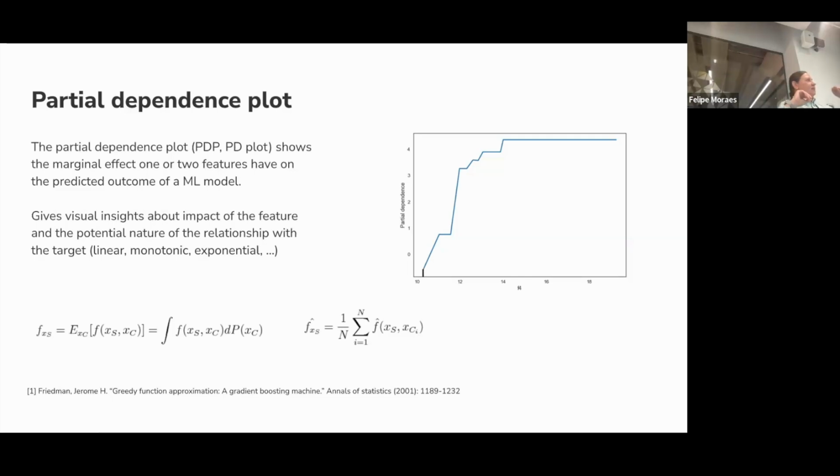Technically speaking, for every value in the feature you are interested in, you can get a mean response of your model. For example, let's take age and income, where you are predicting income from age, so you would expect to have something like that. And if you have a different form, for example the opposite one, like people in their 16s getting much more than people in their 40s, that means that something can be wrong with your model, most probably.